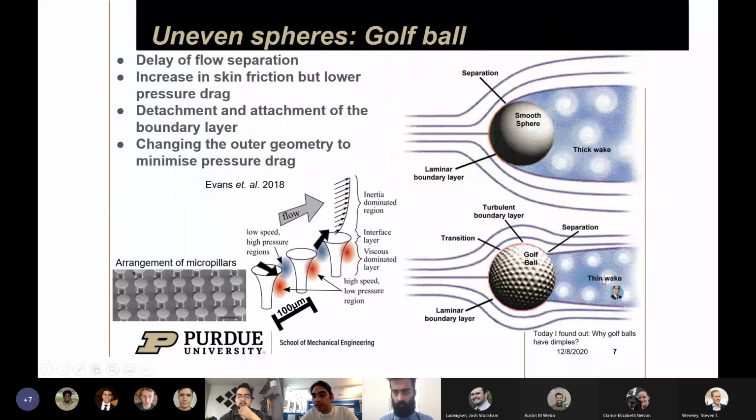And the wake that you get is actually smaller. So even though you increase the skin friction drag in the golf ball due to the turbulence, the pressure drag is actually smaller in comparison to the smooth sphere. Even though the skin friction drag reduces, the pressure drag reduces by a much larger value, and that is why the golf ball with the dimples is able to travel much further in comparison to the smooth